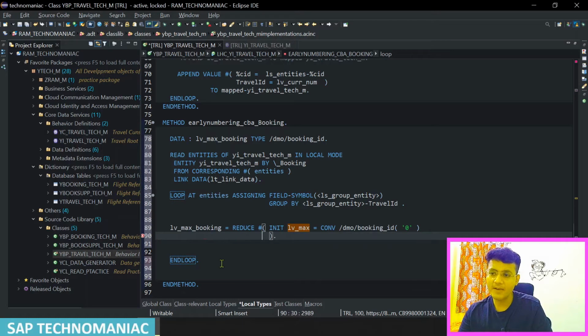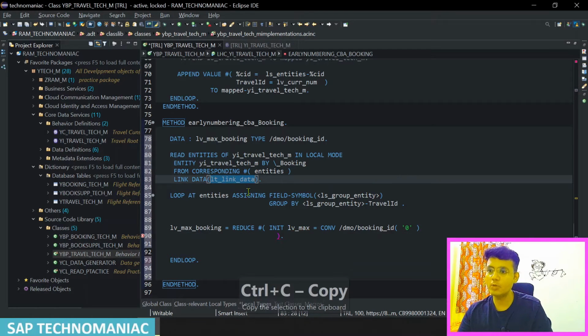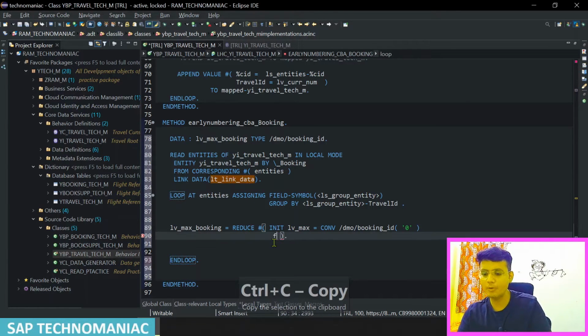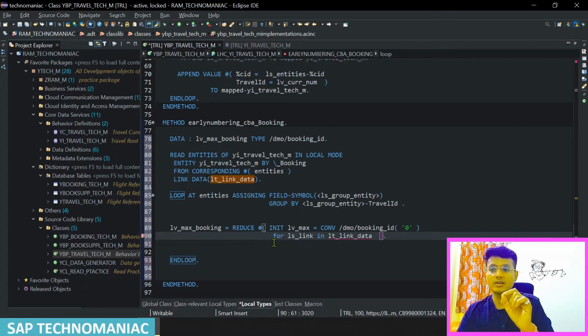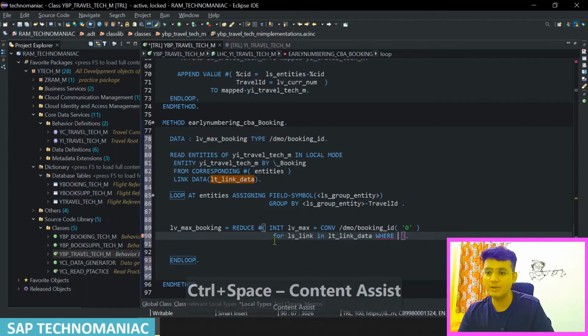Once I have initialized that value, I have to loop through. The second statement in the reduce operator is that you have to loop through the entity lt_link. For looping that, I have to use FOR. To the work area, I have to define ls_link in the table where I want to loop. And I want to loop only those entries which belong to the current travel ID. So I have to use the where condition,